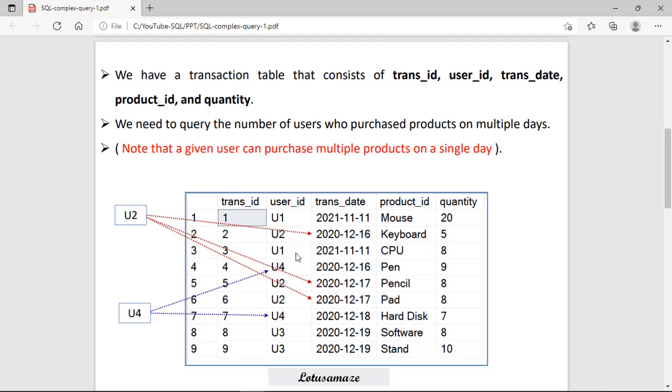And the same thing with user 4: December 16 and December 18. Means multiple days on different dates. So we have to find the number of users who purchase the item on different dates. According to the diagram, there are only two users, U2 and U4, who purchased the item on different dates.